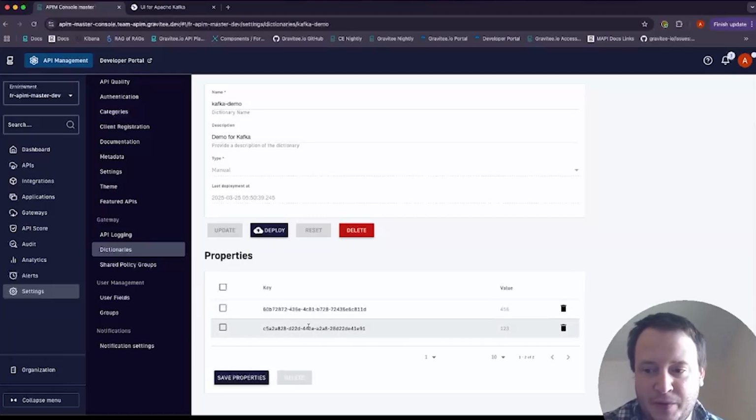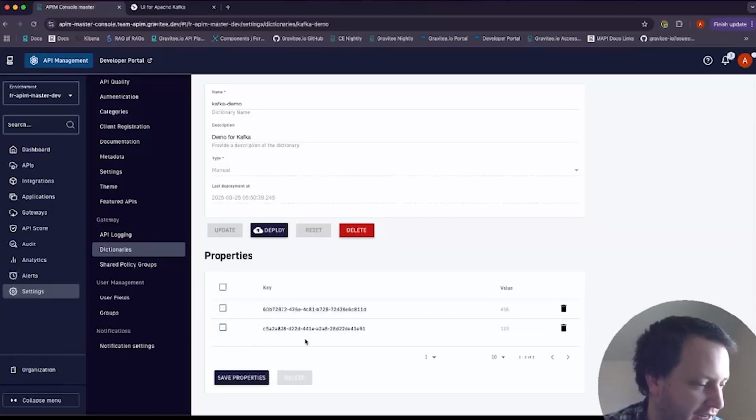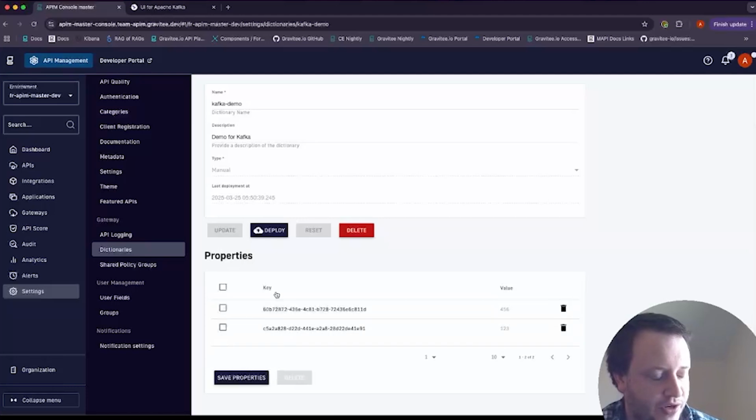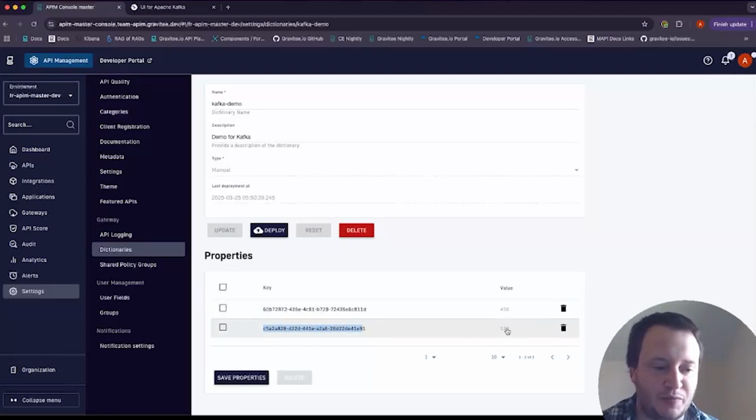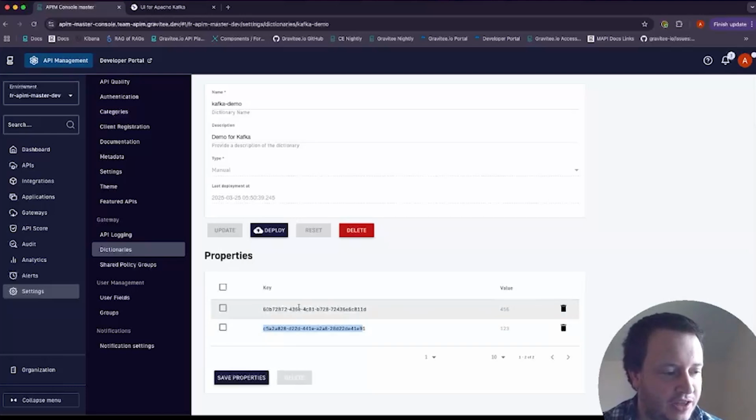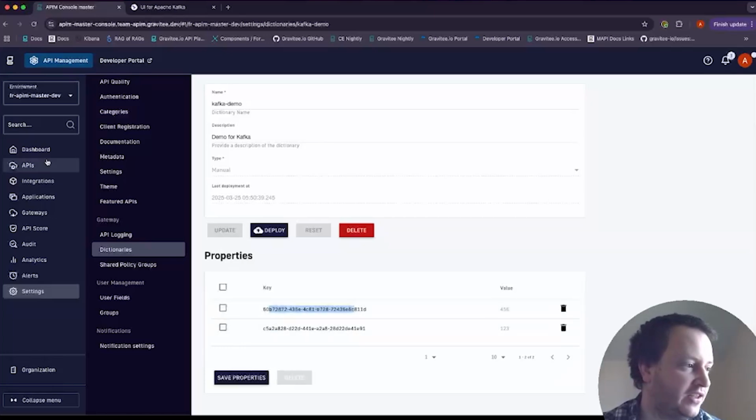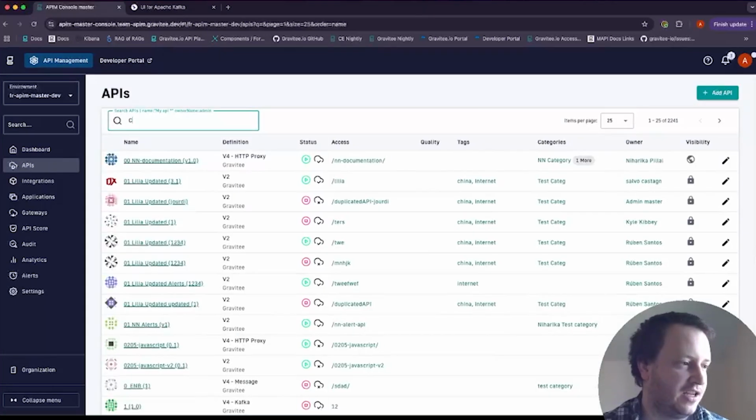And so what's going to happen is when my client connects to the Kafka gateway, for this application, I'm going to set the value in that expression to 123. And then when this application's key is used, I'm going to set the value to 456. So just to go through that again,